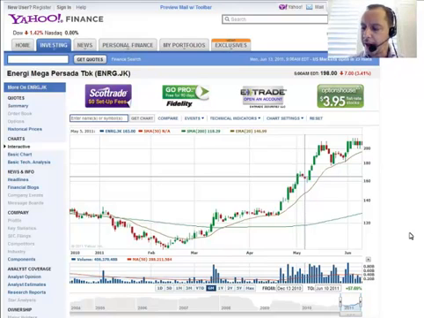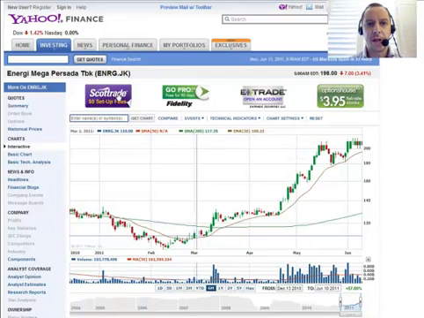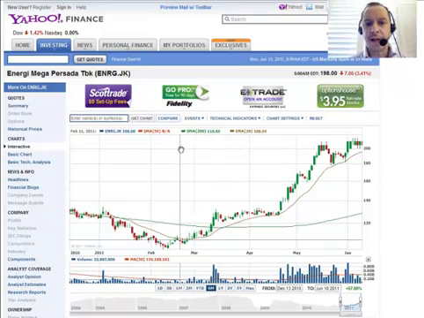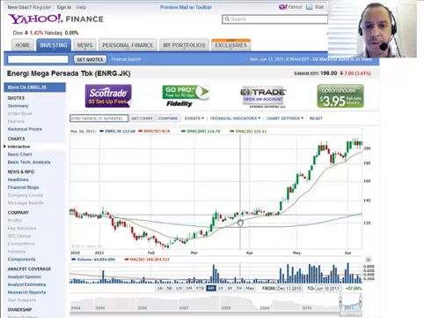So tonight we're going to be looking at two different stocks that trade on the Indonesian market. The first one is called Energi Mega Persada, and the ticker symbol, as you see here on my screen, is ENRG. And I like this because it's really good from an educational point of view to show you a couple things. First of all,